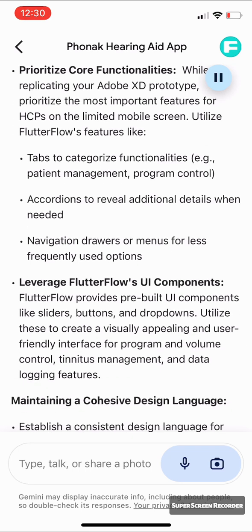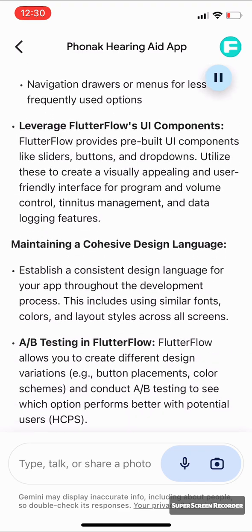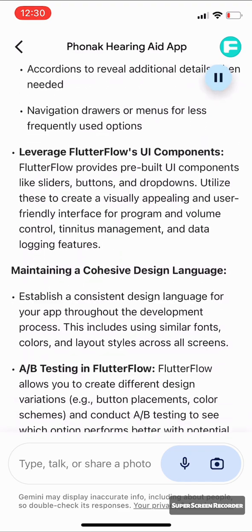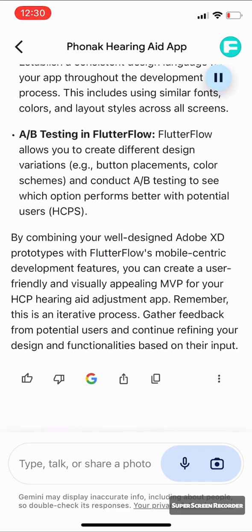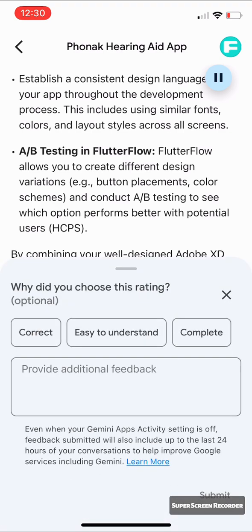Prioritize core functionalities. While replicating your Adobe XD prototype, prioritize the most important features for HCPs on the limited mobile screen. Utilize Flutter Flow's features like tabs to categorize functionalities, e.g., patient management, program control,